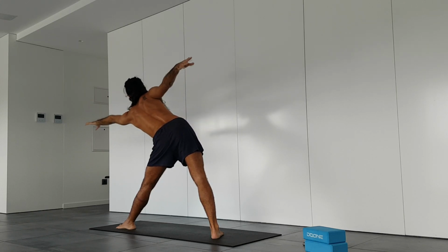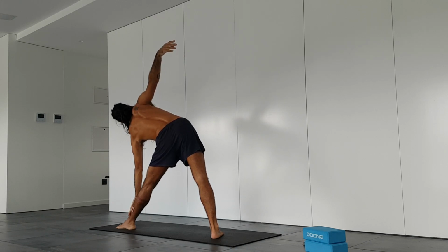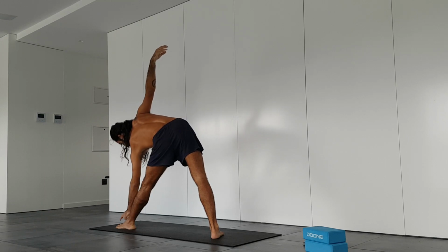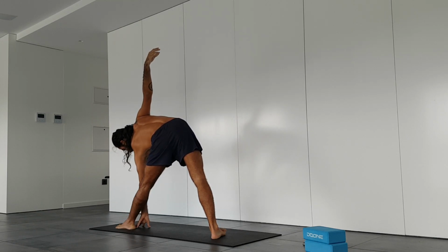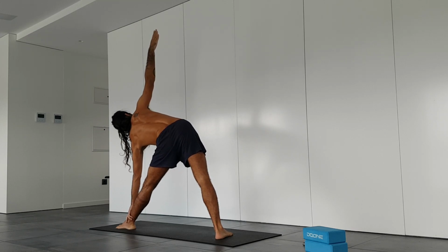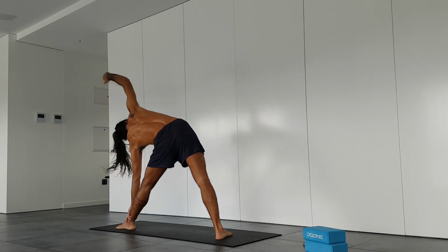Keep going, keep going until you can't anymore. And then you either place the left hand on the left shin, or on the ankle, or you grab the big toe, or you place it on the floor, whatever you prefer. But make sure that that helps you to create length in the spine and in the legs